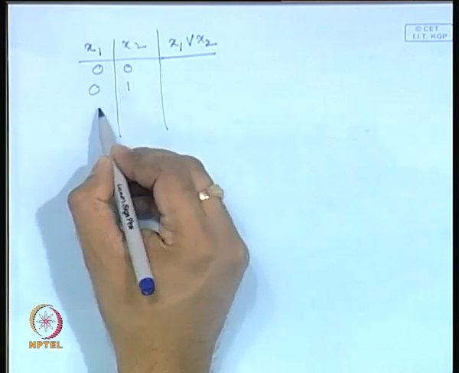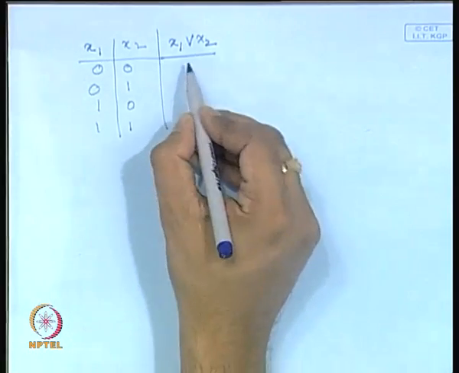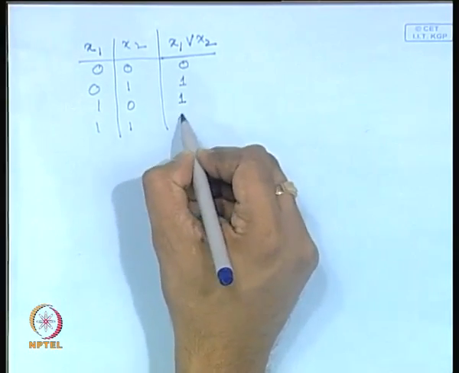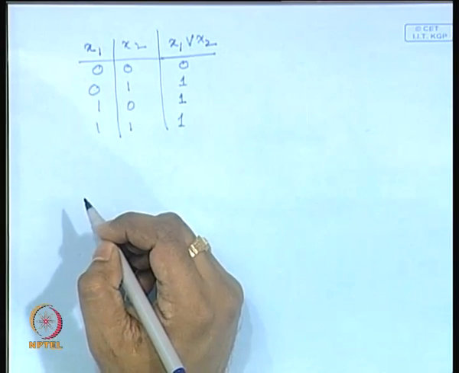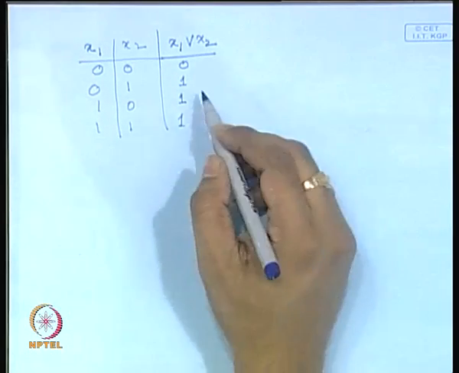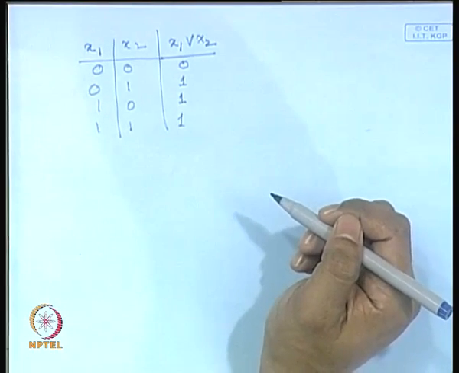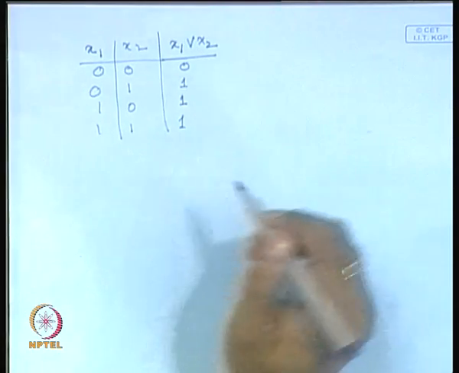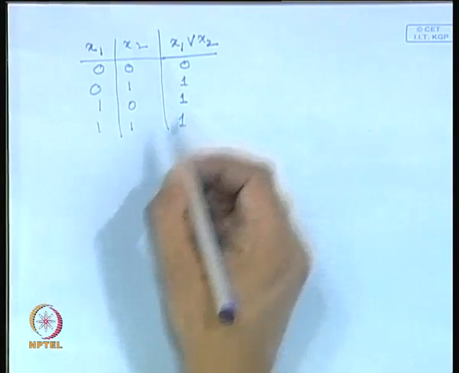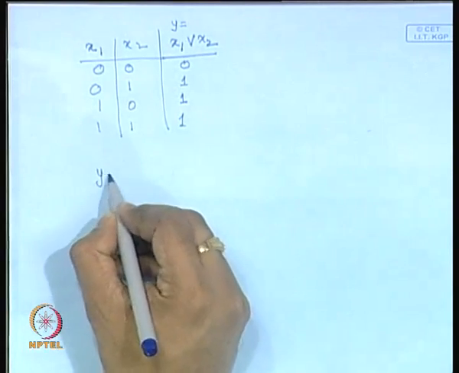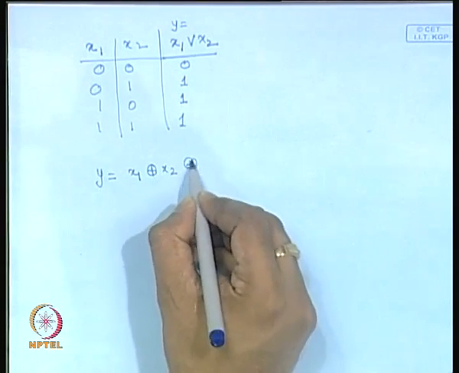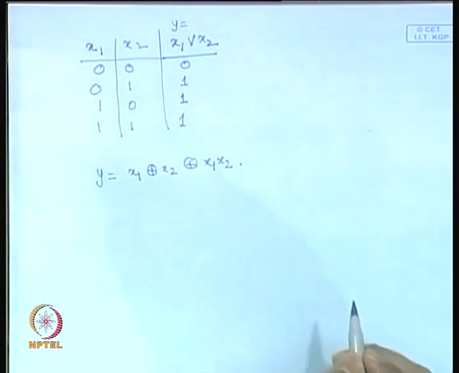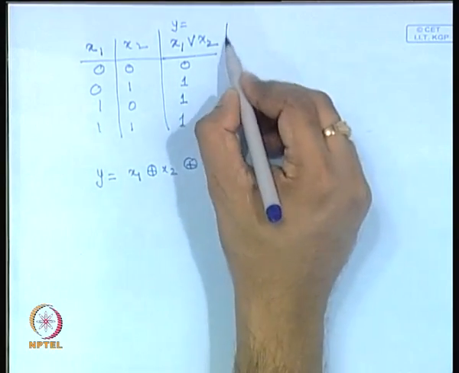0 0 0, 0 1 1, 1 0 1 and 1 1 1. So apart from the first entry, all the other terms will be ones. This is a simple OR function, right? So this particular thing we would like to express using the ANF form. Okay. So let's just try how we can represent this. I call this function y, and just see that y equals x1 XORed with x2 XORed with x1 x2. Does it work? So you see what is x1 XOR x2